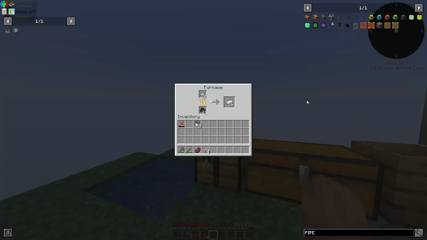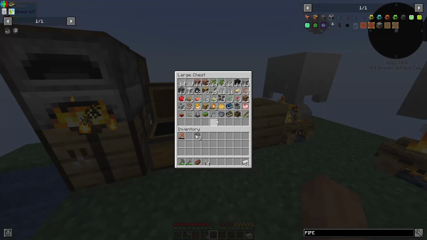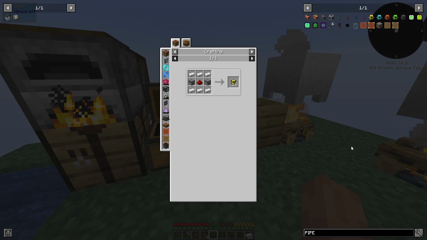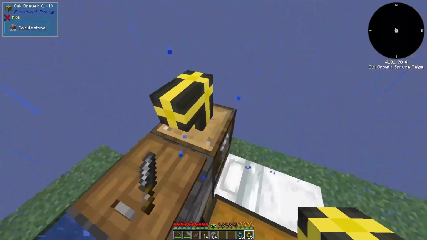All right, so now I have gotten some iron. It's not as much as I had before, but it is enough to help us along where we need to go. So we need 2 types of pipes for what we're planning on doing. We need item pipes and we need fluid pipes. What I'm planning on,